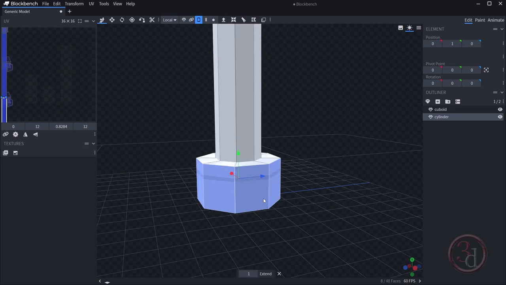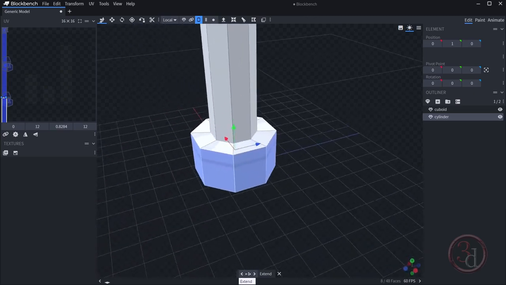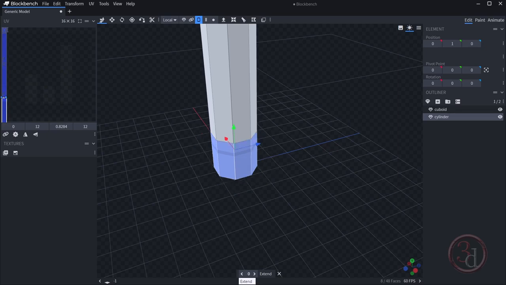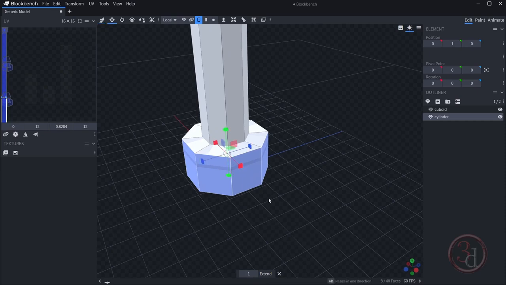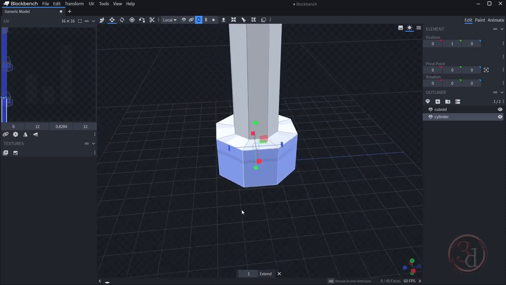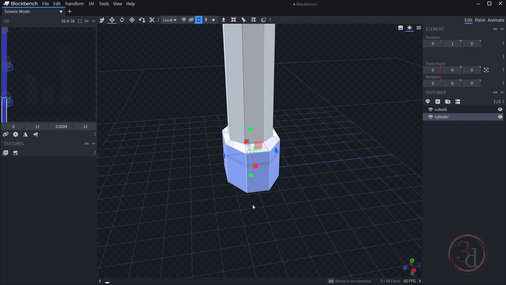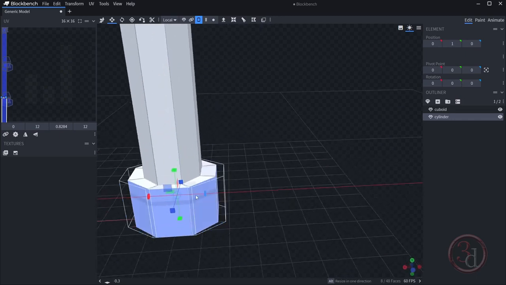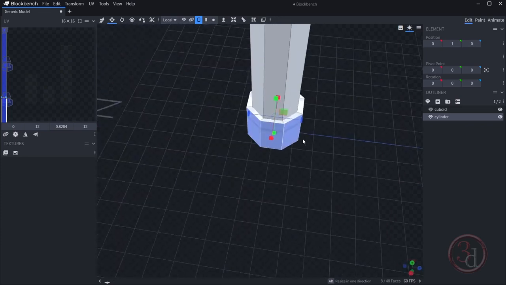Okay, so this is the amount of extrusion, and I would like to reduce it further. So I will have to scale it, and I cannot uniform scale it. So what I will do is scale it from X and Y manually. Hold control while you are scaling it down, just matching it equally. Okay,